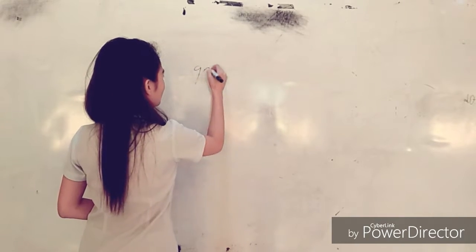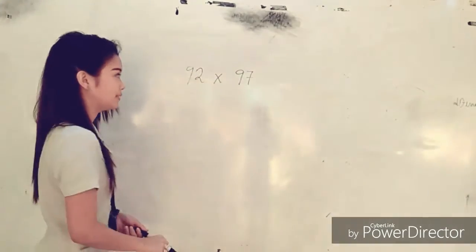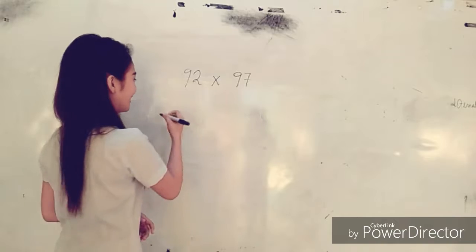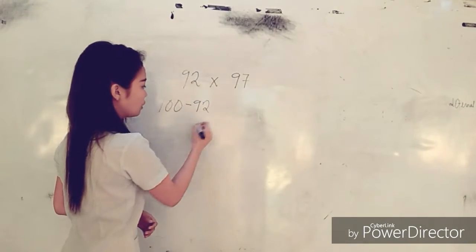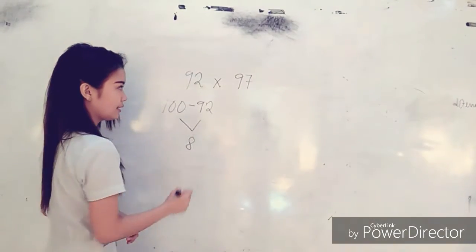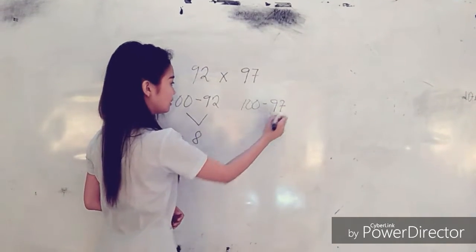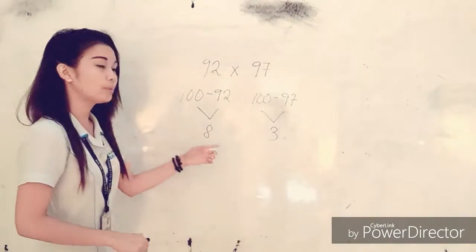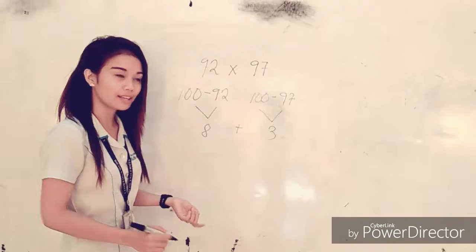So, let's start. We use 92 and 97 as the numbers to be multiplied. Then we deduct these numbers from 100. So, 100 minus 92, we get 8. And 100 minus 97, we get 3. The next thing we will do is add the 8 and 3. So 8 plus 3 is equal to